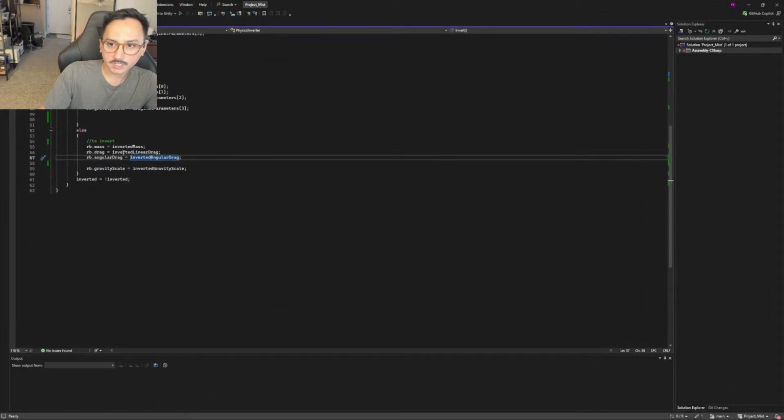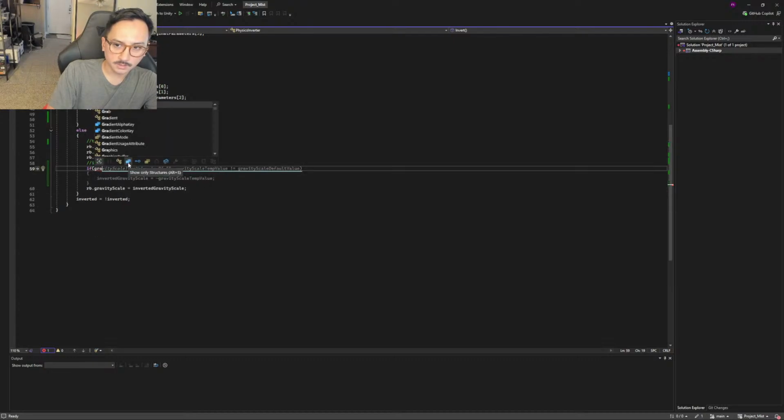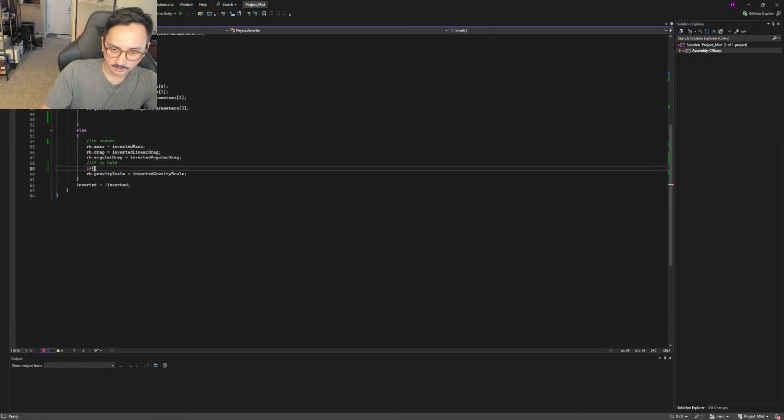The inversion branch is right here. This is what determines if it goes to whatever number. So how about we just say, if is held, do something different. Store the value, it should be changed. No, let's not do that. Let's just think of how to determine if it's held. I am definitely overthinking this. The RB dot gravity scale equals 0f. If it equals 0f,